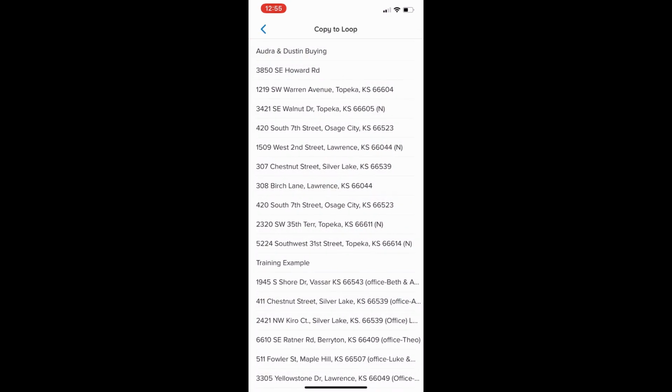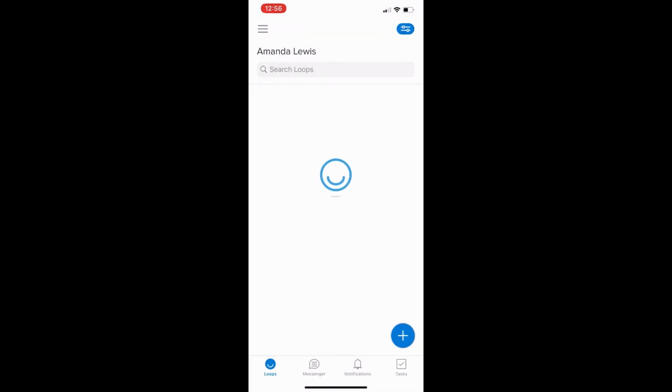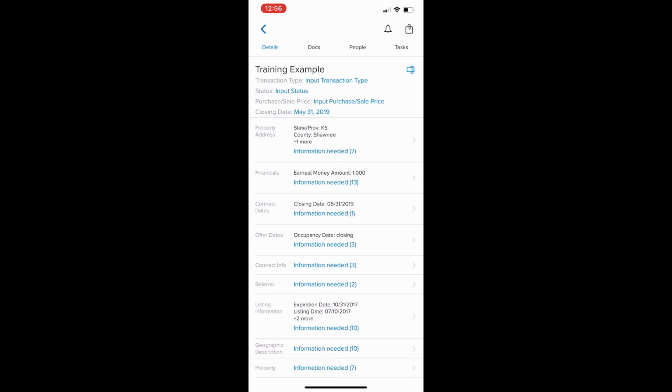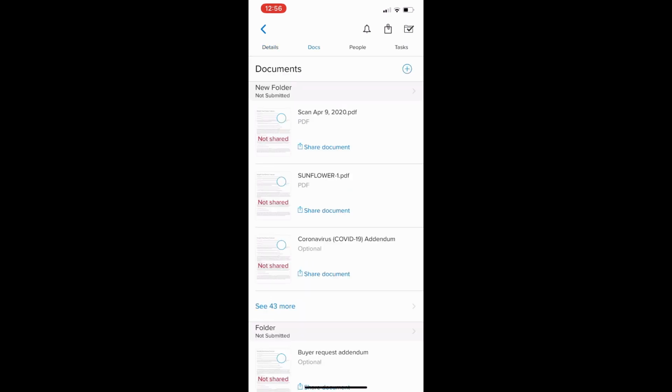Then I'm going to hit back, back, back. Dotloop is going to open up. My training example is at the top. You see details and then you have docs. So I'm going to tap on docs, and my scanned April 9, 2020 PDF that we just scanned using Adobe Scan is in Dotloop. And now I can add signatures or